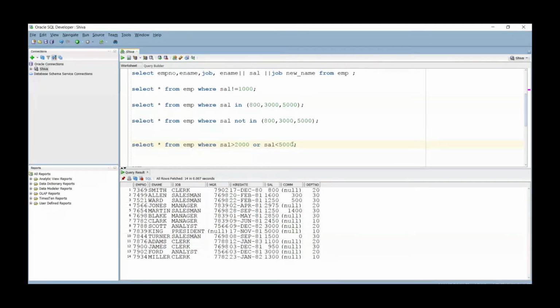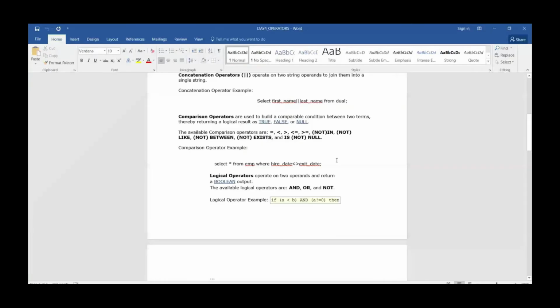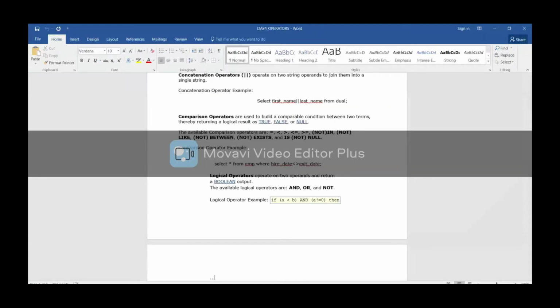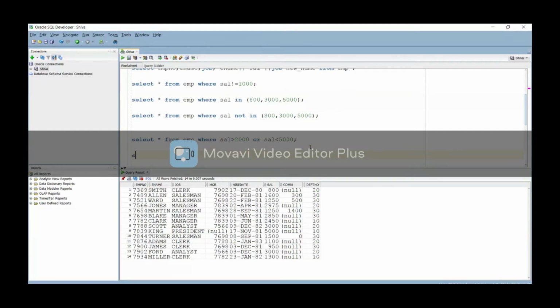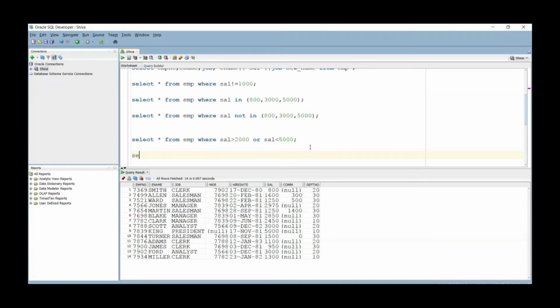Okay, I am going to move on to another topic. So what we have next is NOT NULL. We have two operators. Another thing we have is the special operator.